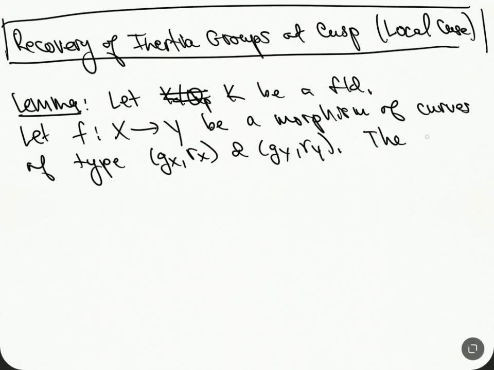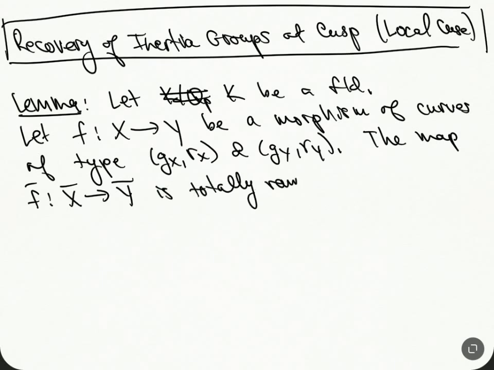The map f bar from the compactifications is totally ramified at a single point and unramified elsewhere